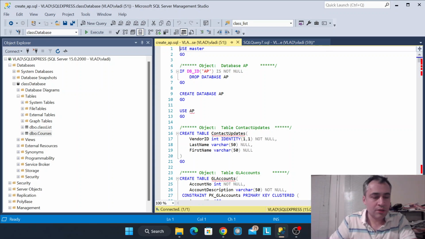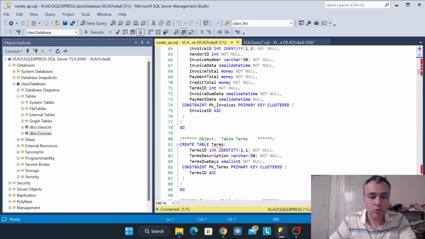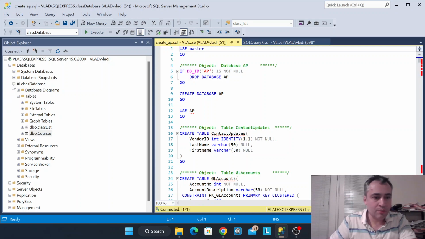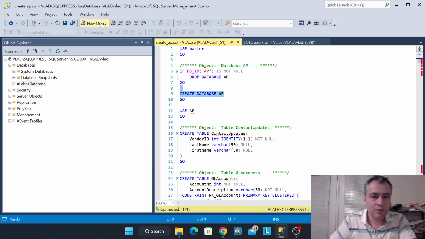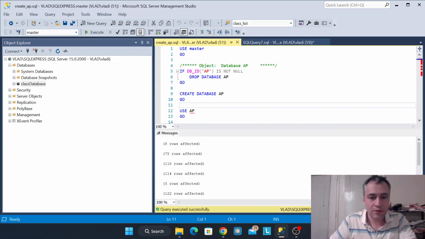So this is another database. And when you are running it, there may be an error. Actually, I don't currently have this error, so I may reproduce it in another video. So let's run this. Make sure you don't highlight, because if you highlight, only the highlighted part will run. Alright, so let's see if I actually get this error. No, I don't get that error. Okay, so this way you can create all the tables that you need